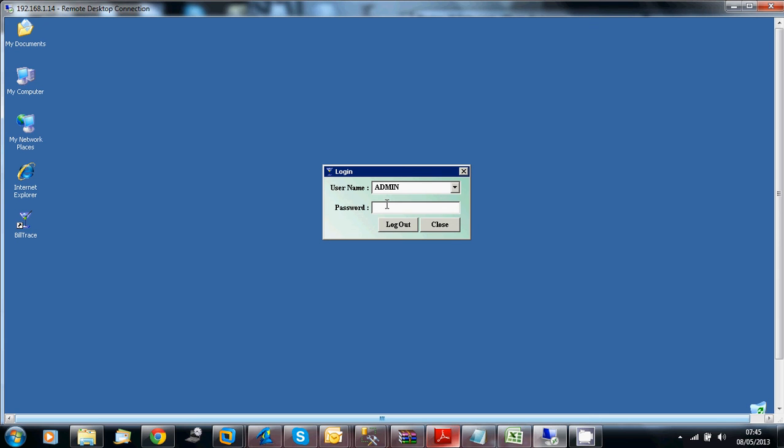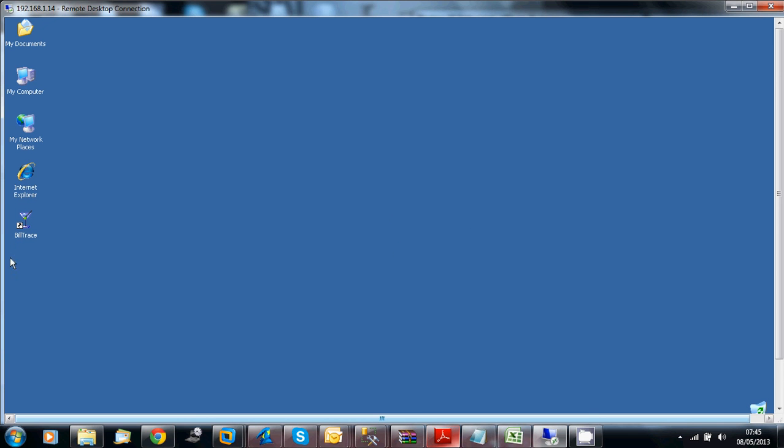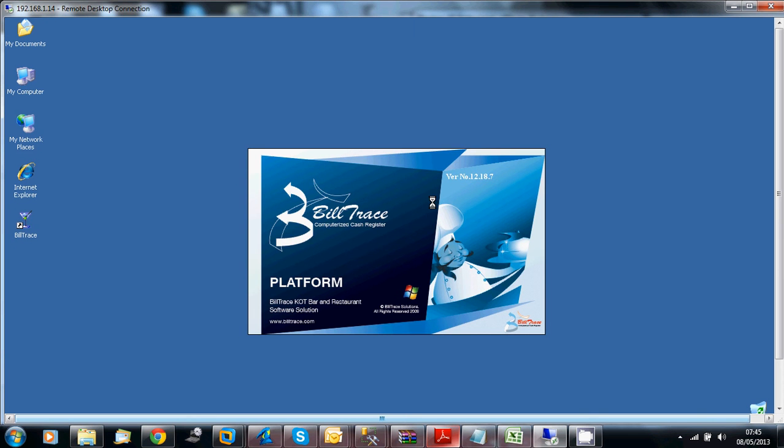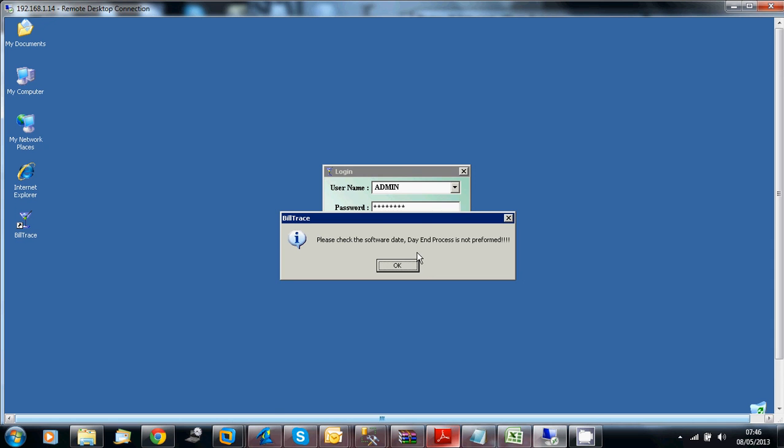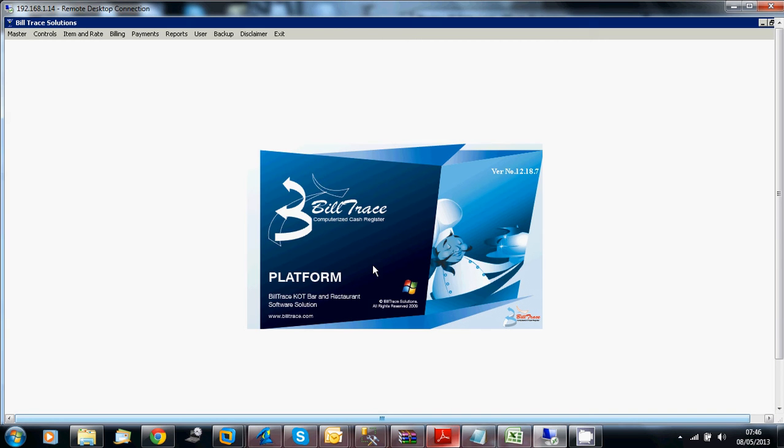I am just putting in san@2004. If you are logging in for the first time, it will show you the logout. Just say OK. Now press it again: admin and san@2004. OK. The software is successfully installed in your operating system.